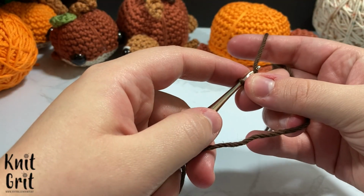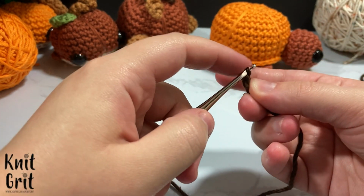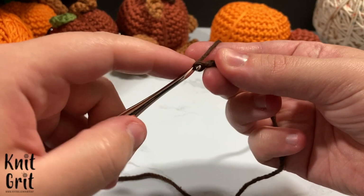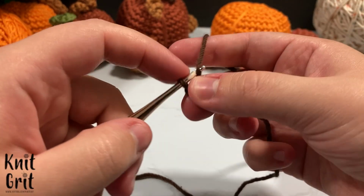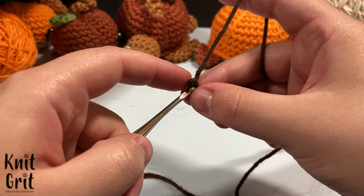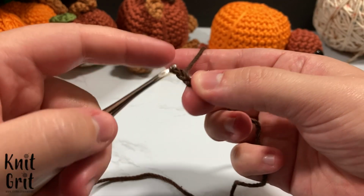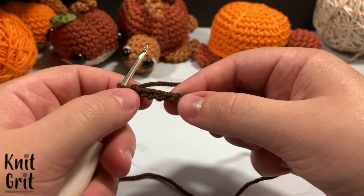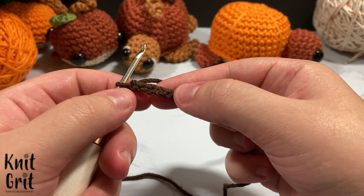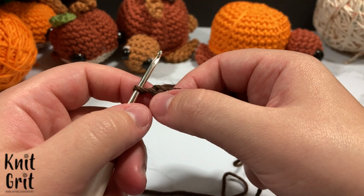6. I go from left to right. It's okay if you want to go right to left, however you feel most comfortable. This is just the style that I do. So 1, 2, 3, 4, 5. Oop, I glitched out right there. 1, 2, 3, 4, 5, 6. There we go. We didn't split it this time. So here we have 1, 2, 3, 4, 5, 6 stitches, and in our second chain from our hook, so